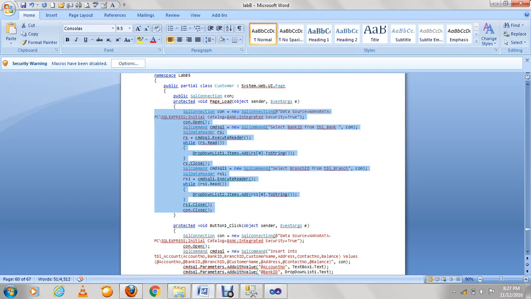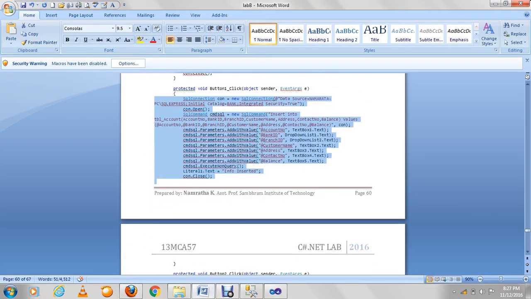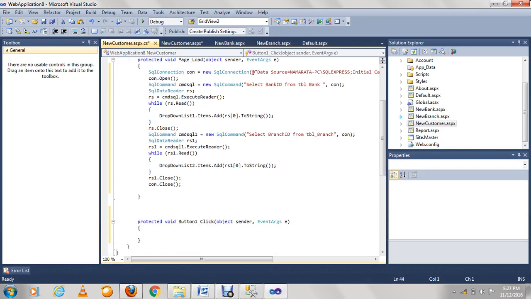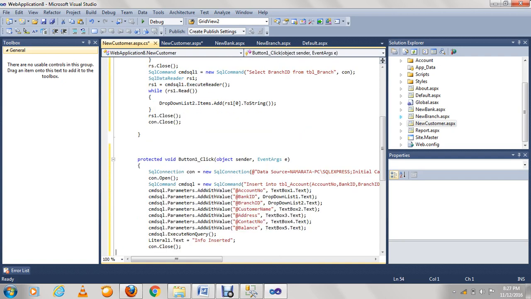Just adding a code button, that is submit button. Okay, here